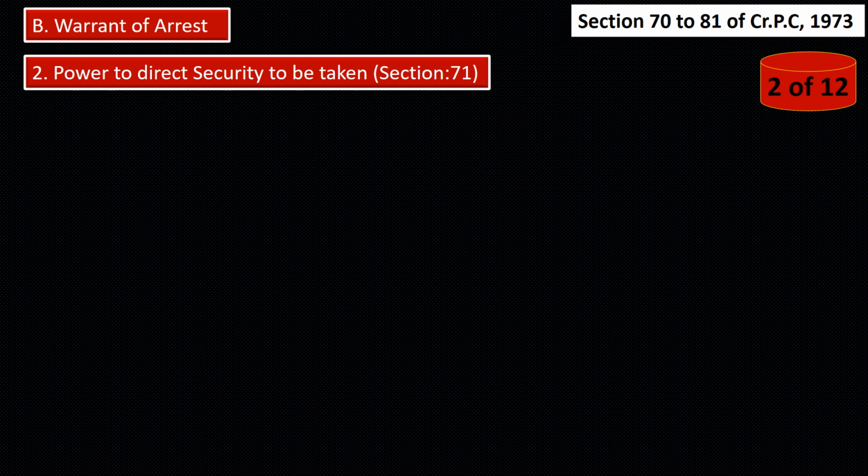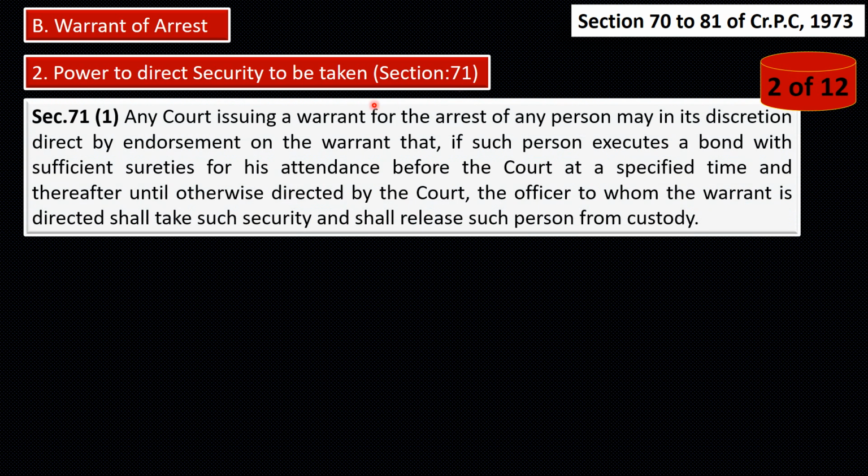Second point of warrant of arrest is power to direct security to be taken, and it is given as per the provision of section 71 of the Criminal Procedure Code. Subsection 1 of section 71 says this thing, that any court issuing a warrant for the arrest of a person may in its discretion, means the judicial officer has to apply his mind whether or not to do so, direct by